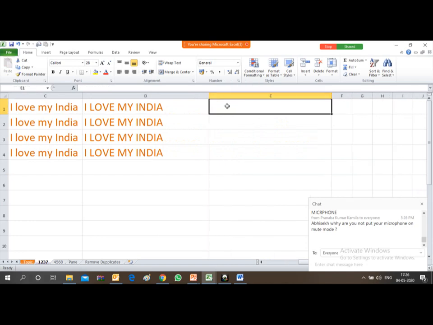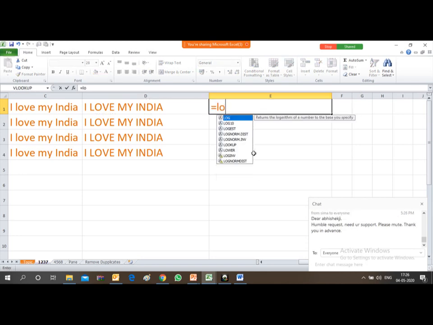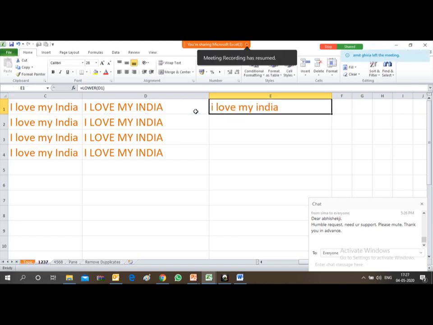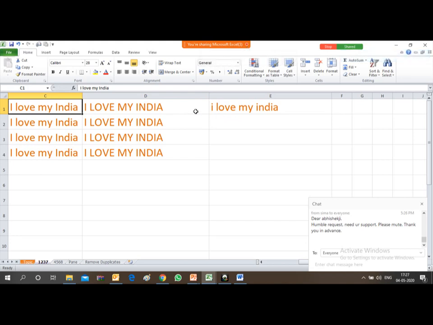So what we will do here is make all the letters lower case. So just type lower and then start bracket, select this cell, then close the bracket, then enter. Now see friends, from a sentence case we have converted the same sentence into uppercase, and then from uppercase to lowercase.